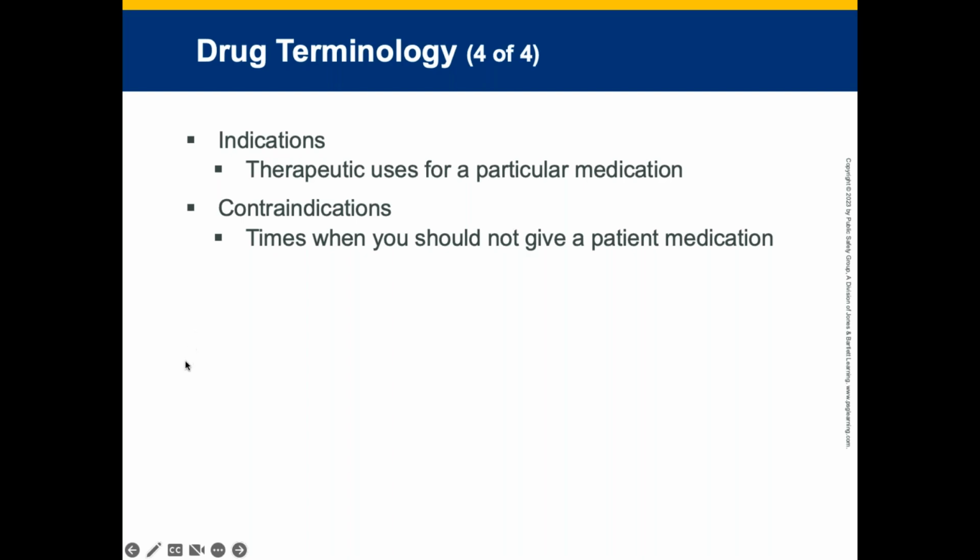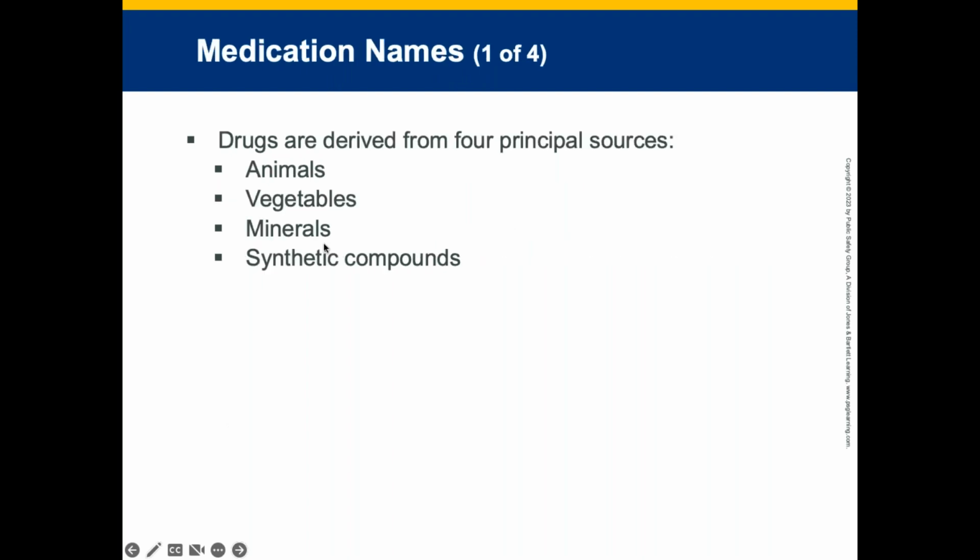Right, so you have to know the indications, contraindications, the therapeutic effects, the drug dose, time, and the mechanism of action, how it works. So understanding the terminology will help with this. Medication names or drugs we use are derived from 4 principal sources. 1 is animals, 2 is a vegetable or a plant source, 3 is a mineral, and 4 is a synthetic